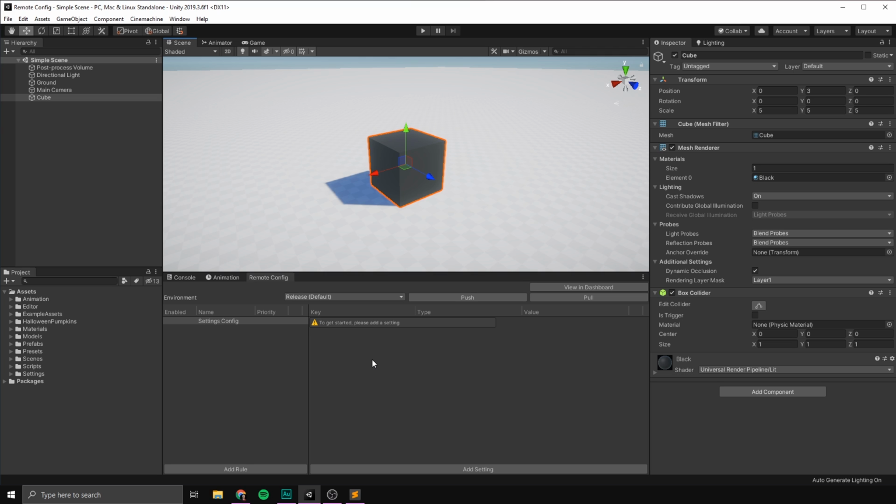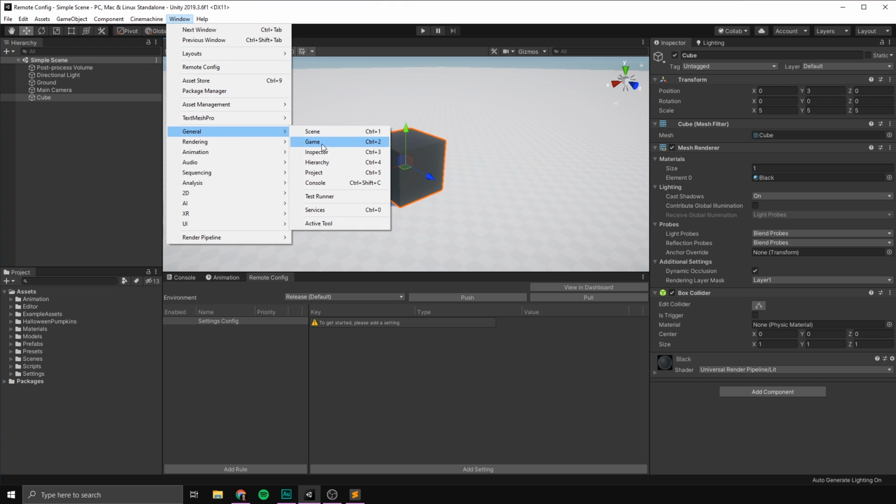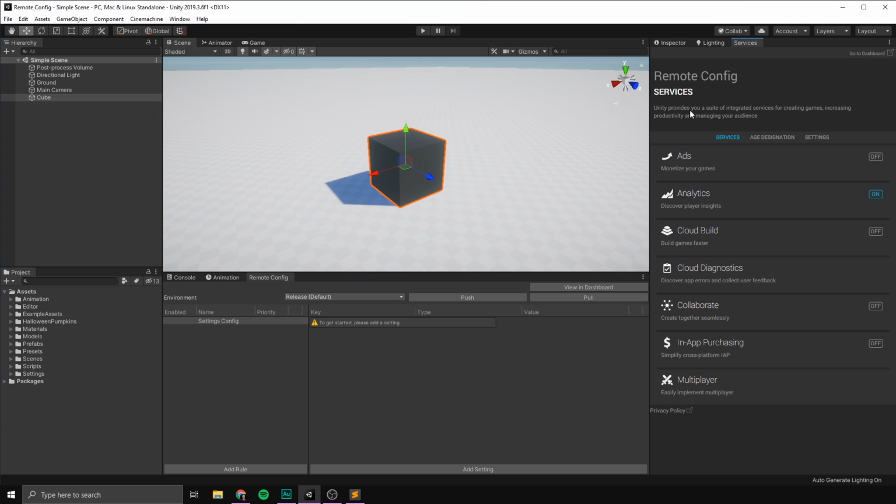The reason for this is that in order to use remote config, we need to link our project to a Unity Cloud Project ID. To do that, we'll go Window, go under General, and open up Services. And if you aren't already, you will be prompted to log in here with your Unity ID. You're going to select or create an organization that you want this game to be under. Don't worry, this can always be changed later.